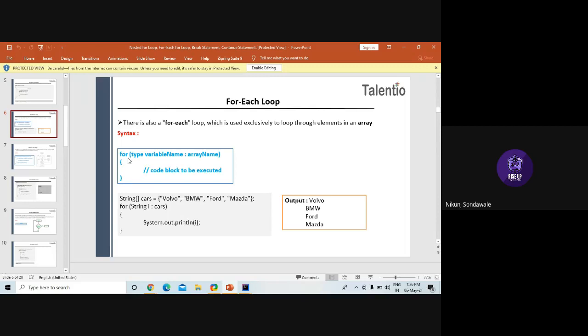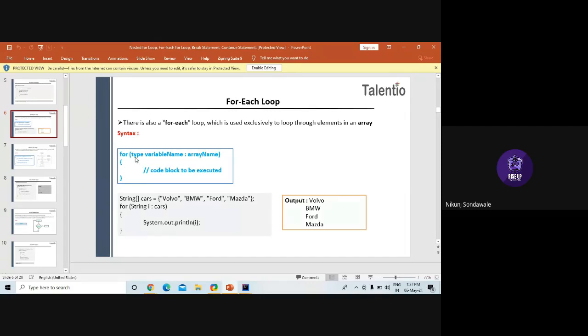So see, the syntax says type, which is the type of data we have in that array. Then the counter variable name, and after that a colon, and then the array name.